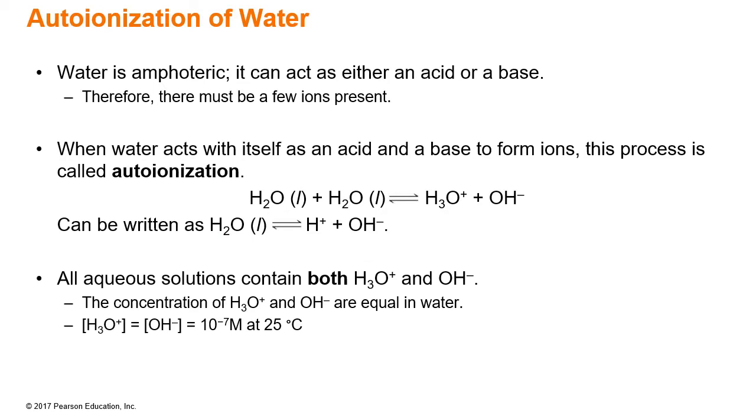Water is amphoteric, which means that it can act either as an acid or a base. So that means that there are a few ions that are present at all times. It can react with itself, one of the water molecules acting as an acid, one of the water molecules acting as a base, forming a conjugate acid of H3O+, and at the same time it forms a conjugate base of OH-. Now, when these form, it contains both the H3O+ and OH-, and if it's just water, they are in